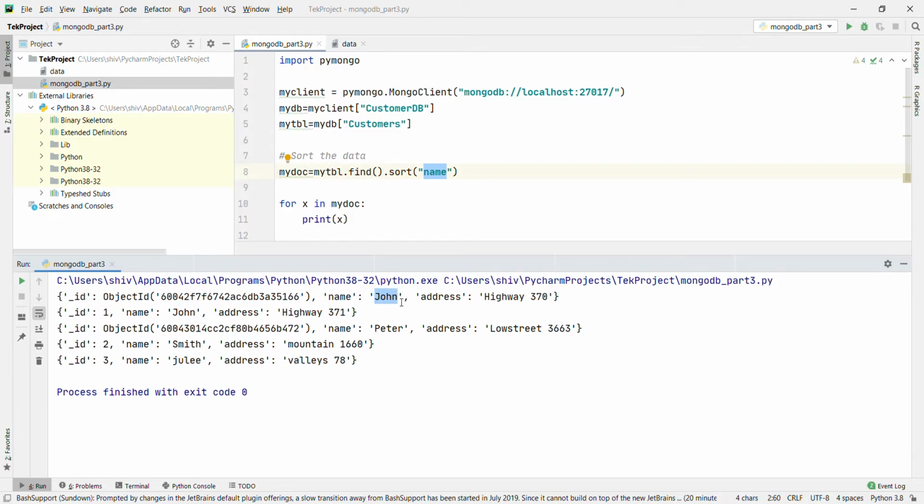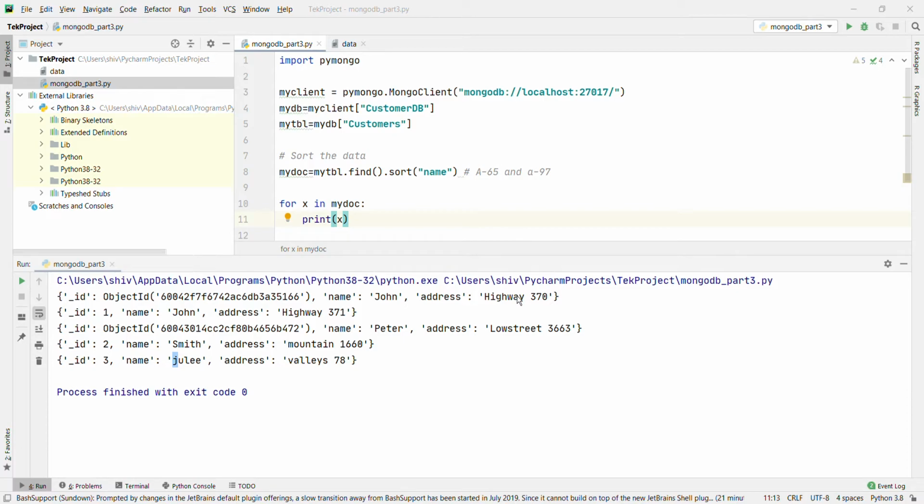Capital A is ASCII value 65 and small a is ASCII value 97. That's why it is sorting based on the ASCII value. J is coming first, then P, then S, and after that small j. Okay, now this is clear.